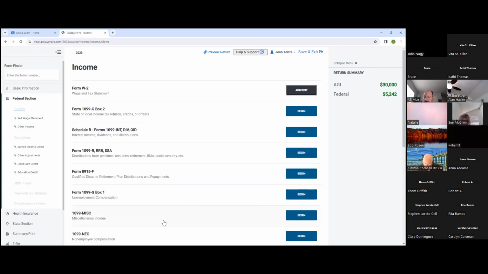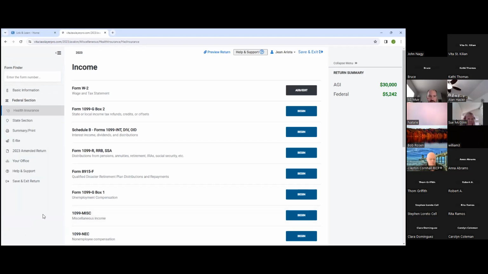I'll just say that if they do have those codes on their W-2, just look on the back of the W-2. It lists all the codes. Sure, you can look in the back of the W-2. If you want to get a full description, you can go there. You can go to the 4012. Yeah, you can do that.